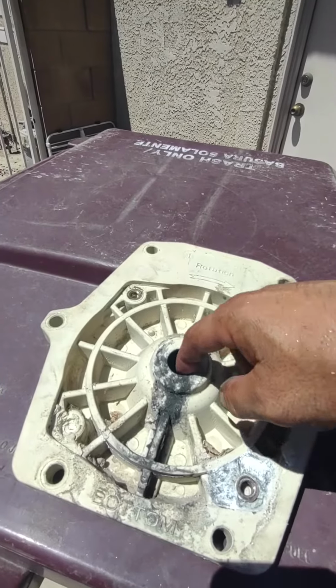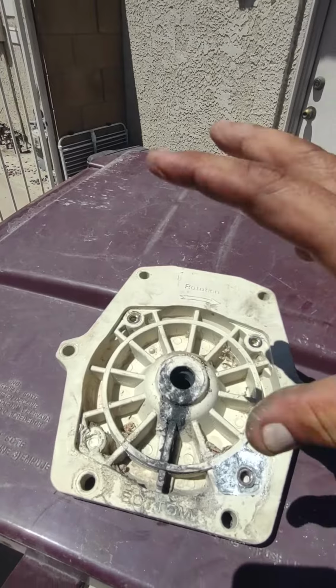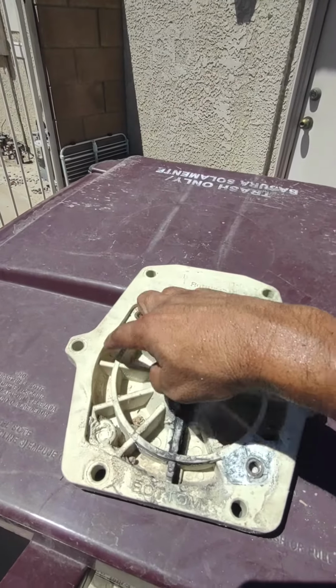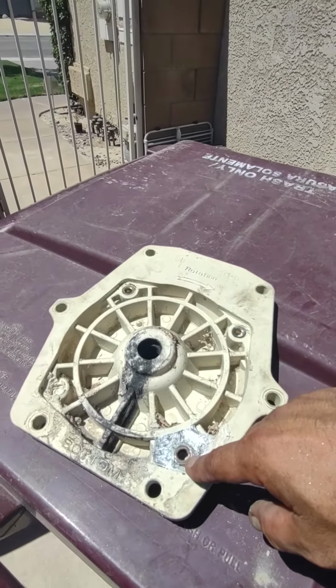I just wanted to show you guys a couple things. This shaft seal was leaking, right? This is the inside of the pump, outside. The motor attaches here to these 4 bolts. Well, what happens when this leaks is these